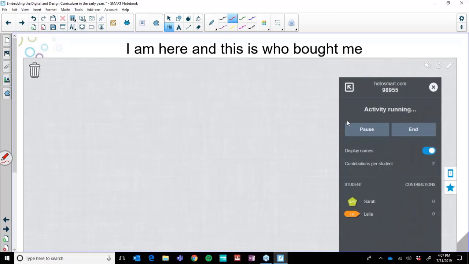But what they did then allowed their students to already be disconnected from the adult that dropped them off. So they were no longer having to spend all of their time distracting the student to help them manage the separation. The students were already separating themselves because they were coming up to the board and matching their I am here, this is who bought me pictures. And so it allowed those teachers to really capitalize on that effective teaching time in the morning, where they would have otherwise spent their time managing the social and emotional well-being of their students.